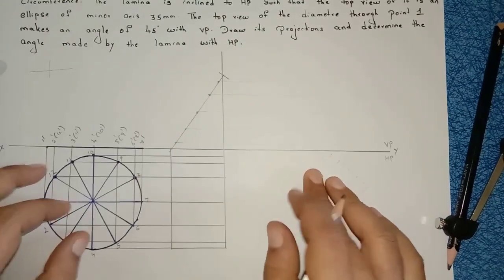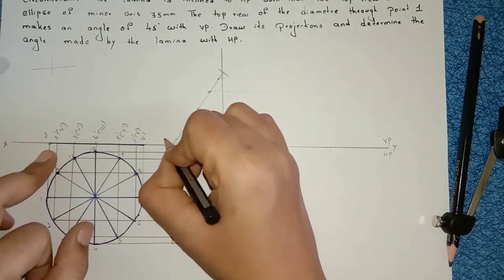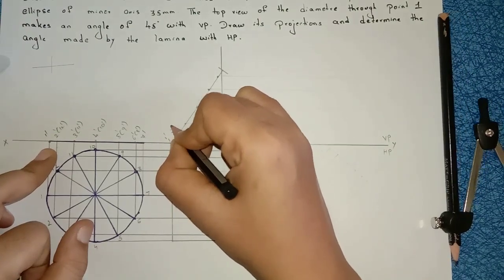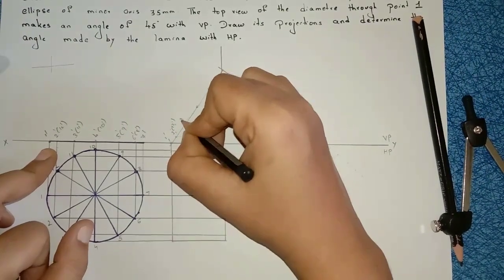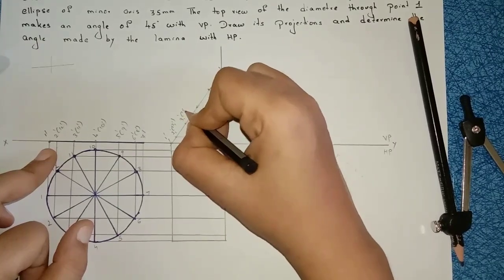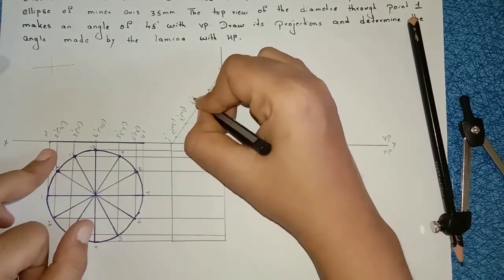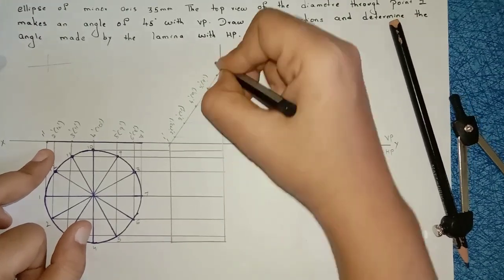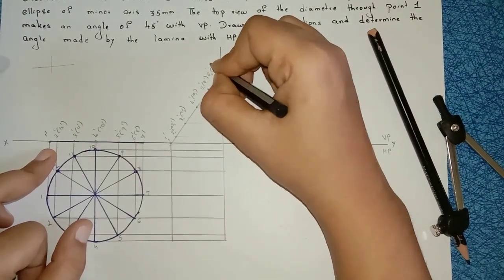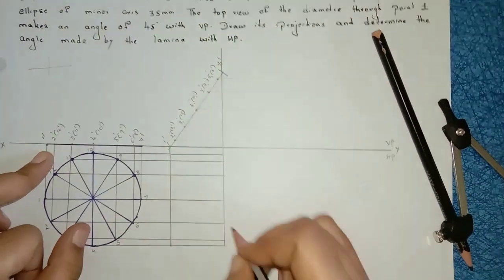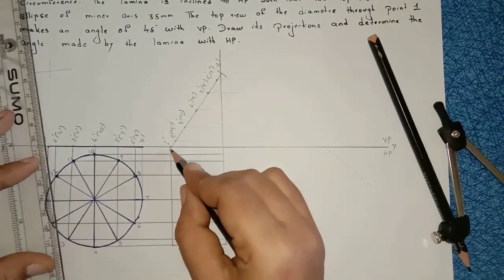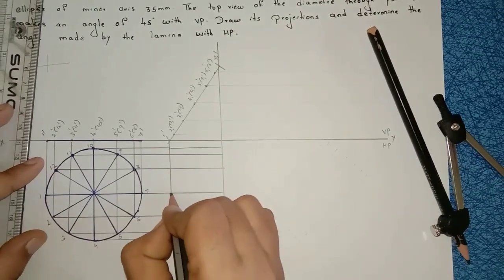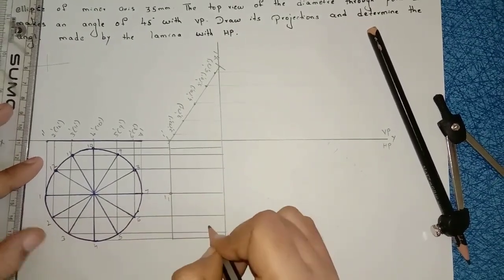right? Now what is the point name here? 1 dash. Now I will write here 1 of 1 dash, 2 1 dash of 12 1 dash, 3 1 dash of 11 1 dash, 4 1 dash of 10 1 dash, 5 1 dash of 9 1 dash, 6 1 dash of 8 1 dash, and this is here 7 1 dash, right? So this is your 1 dash. From 1 to 1 I am marking the point here 1 of 1.